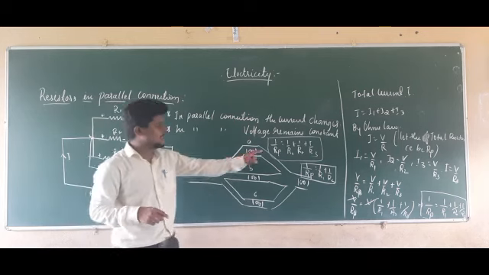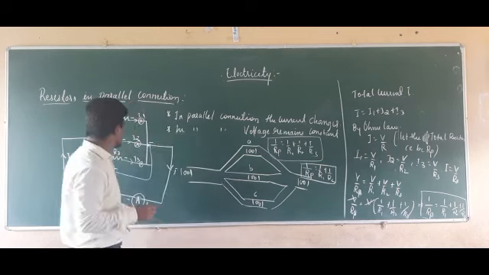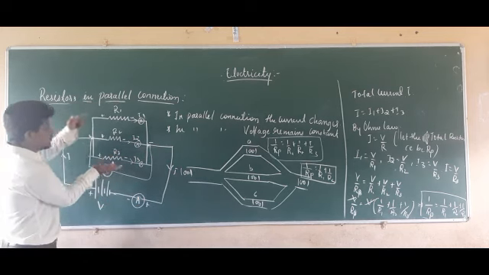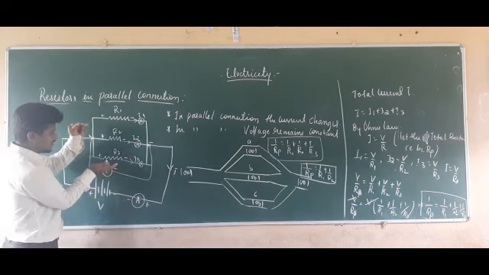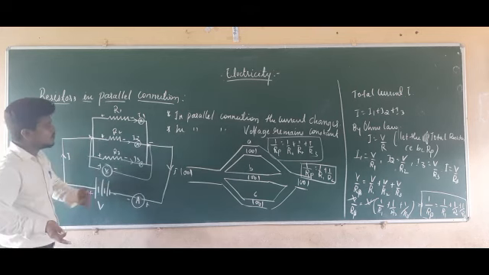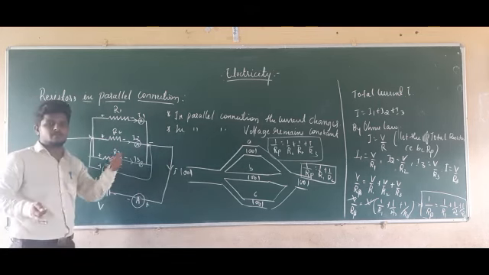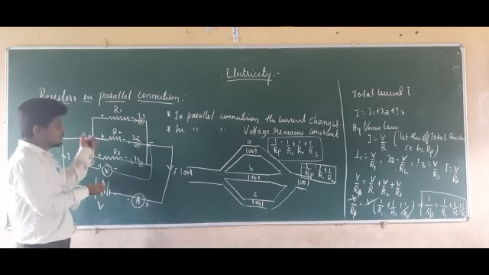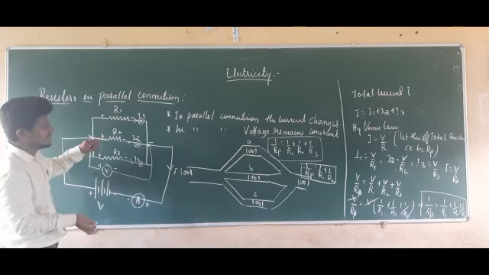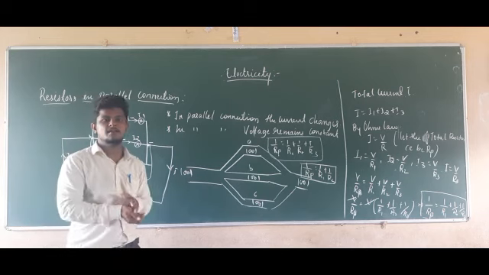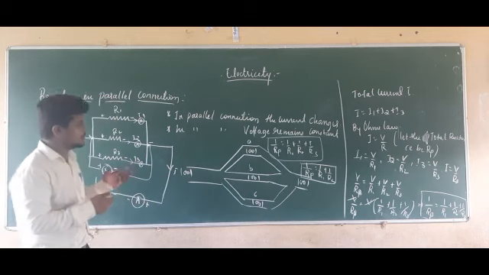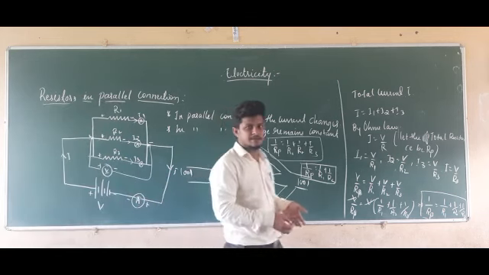So why are we finding these things? Because we are going to merge everything into a single resistor, and we have to know what the values of the current and the voltage should be that we provide to this circuit. For that reason we are using the series connection as well as the parallel connection. So this is about the parallel connection. I hope everything is clear.